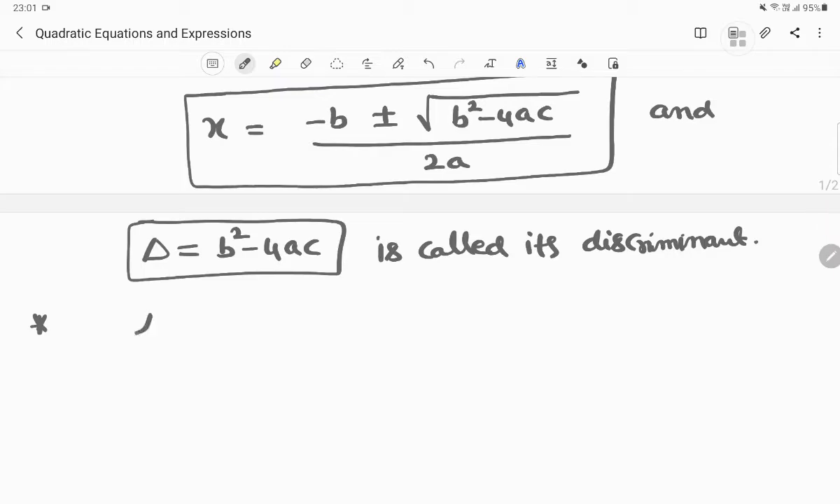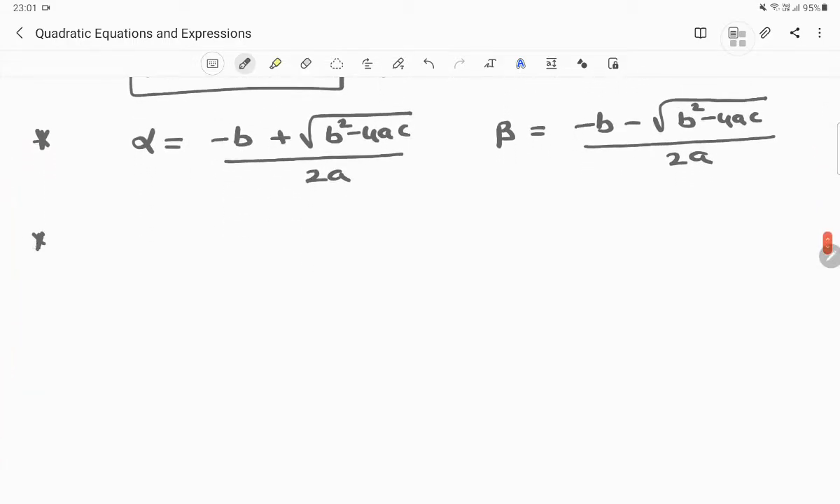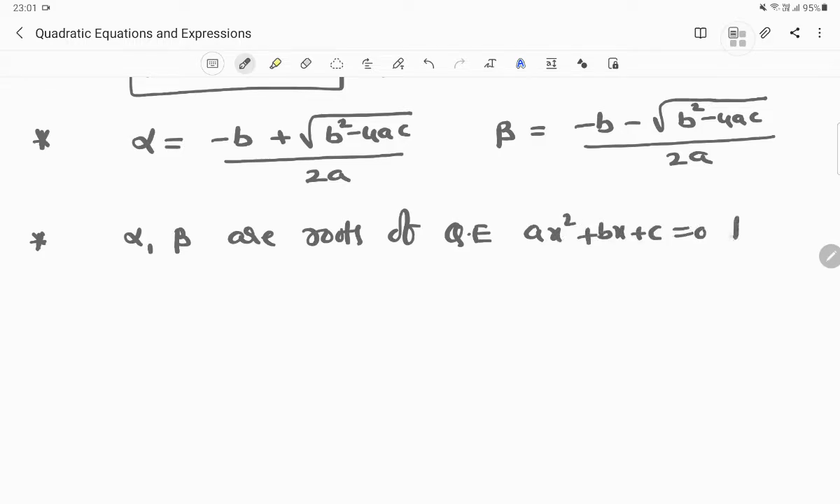Let us consider one root is alpha, another root is beta. So one is minus b plus root over b square minus 4ac divided by 2a. Another one is minus b minus root over b square minus 4ac divided by 2a. Here, whenever alpha, beta are the roots of the quadratic equation ax square plus bx plus c equal to 0, then